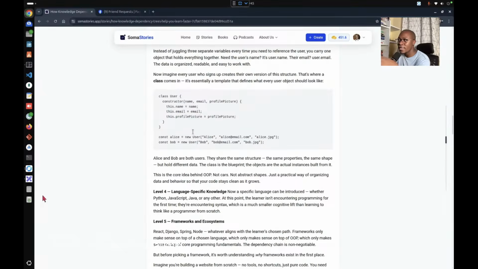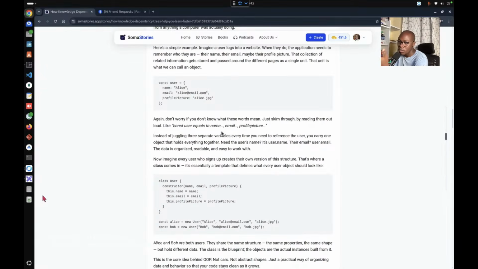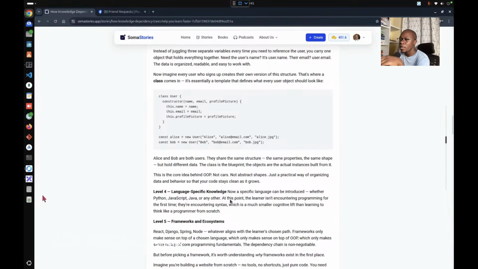So once you're done understanding object-oriented programming, which is sort of like an advanced level from the basics, you now learn the language-specific knowledge. For example, if you want to define a list in JavaScript, this is what we use, the squiggly brackets. If you want to define a list in Python, we use the square brackets. So this is now focusing on the specific language syntax, and that should not bother you, because you can always refer to the documentation for that language to understand the syntax.